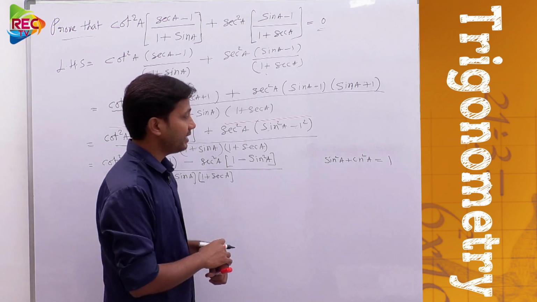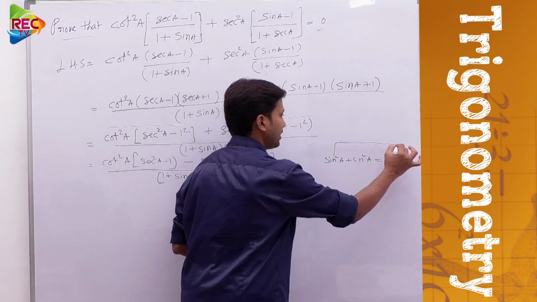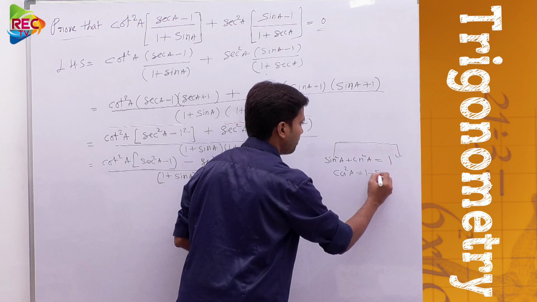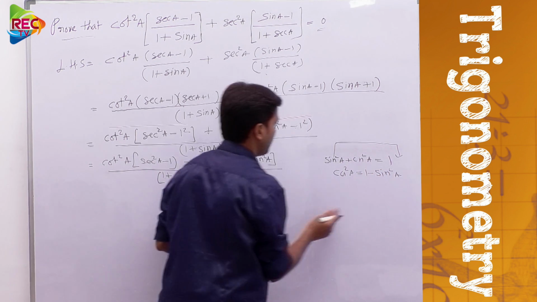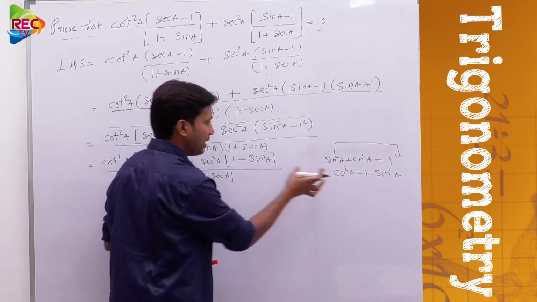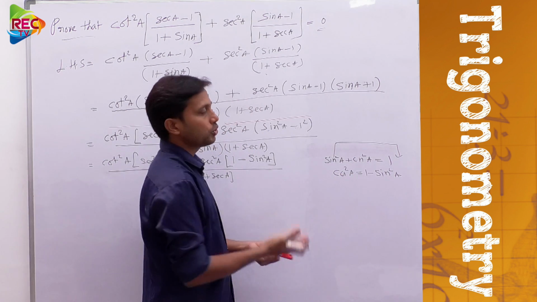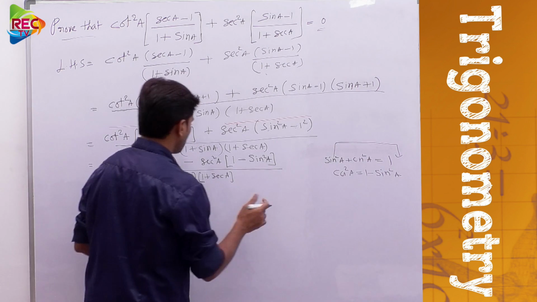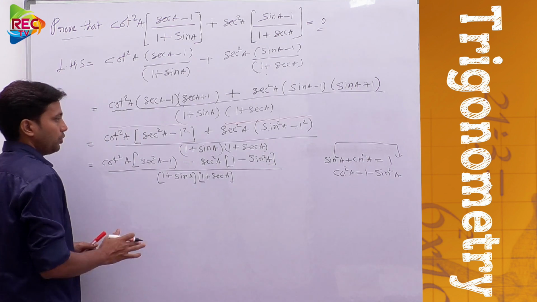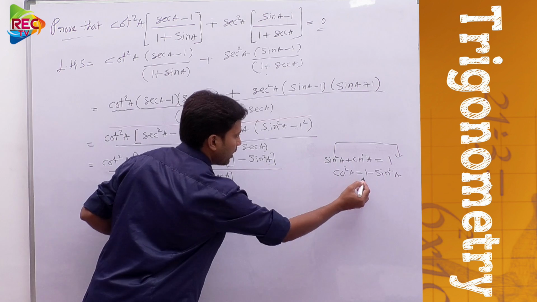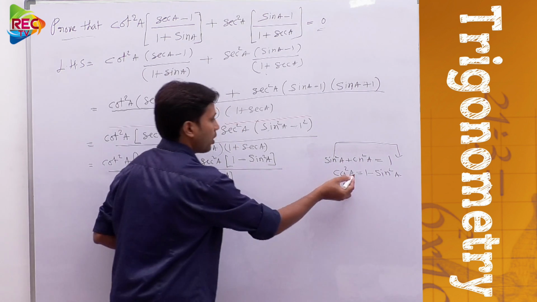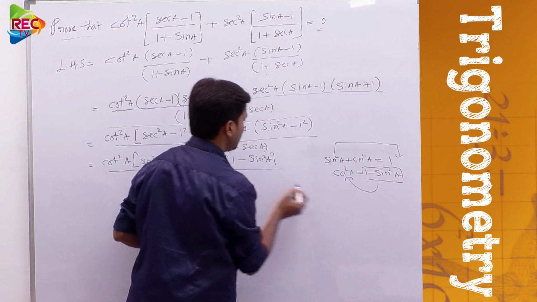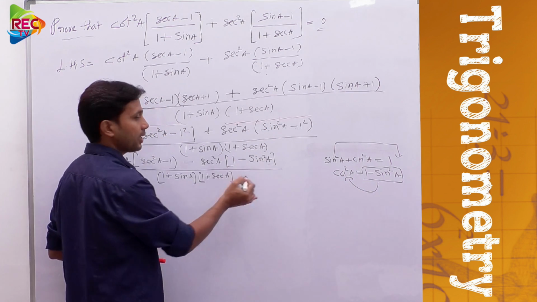This is a standard identity. If you send sin square A to the other side of the equation, then cos square A equals 1 minus sin square A. Now 1 minus sin square A would be cos square A or not? To set it, I took minus in common. That's it, nothing else. So now you can replace 1 minus sin square A with cos square A. So we can write cos square A in this part.